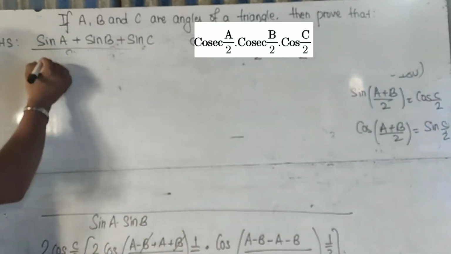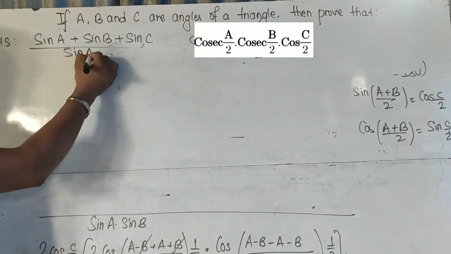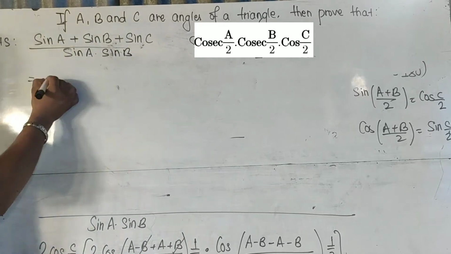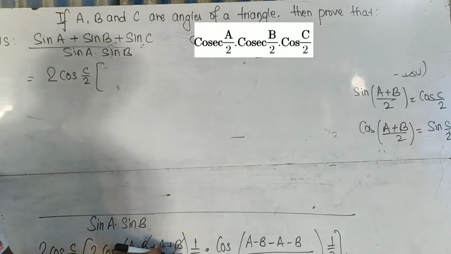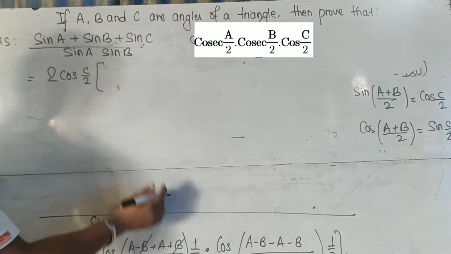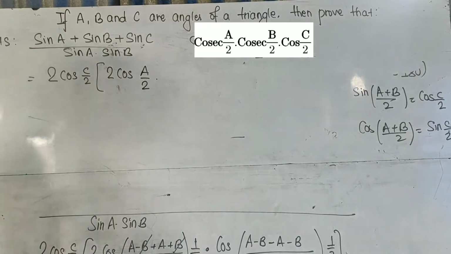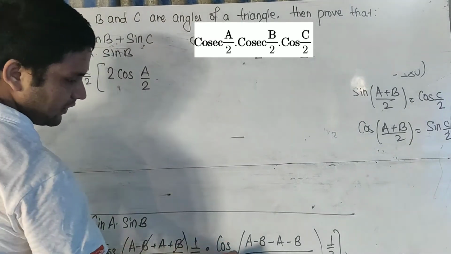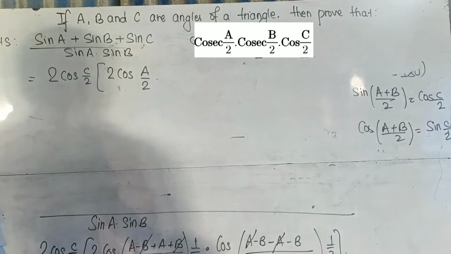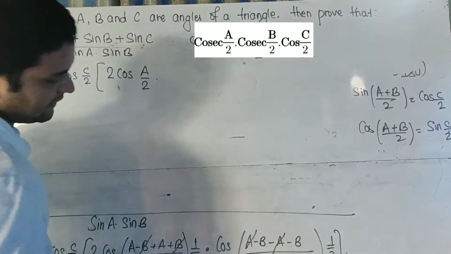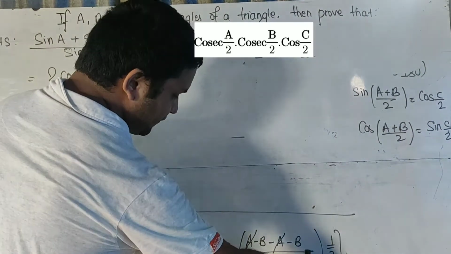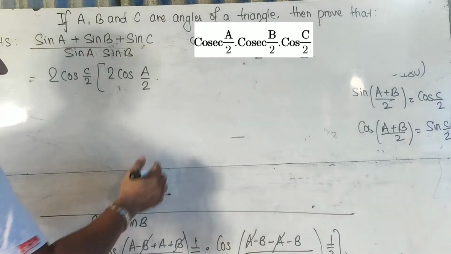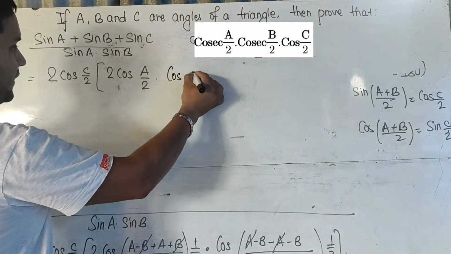Now after doing this, you have 2 cos C/2 as it is. You have sin A dot sin B here. Now when you solve it, you have A plus A, 2A. 2A by 2 is A, and you have 1 by 2 outside also, so this will be 2 cos(A/2). Again, you can cancel the plus A and minus A. Now you have minus B minus B, that is minus 2B. So minus 2B by 2 is minus B, and you have 1 by 2 outside as well. So you will have cos(B/2) here.